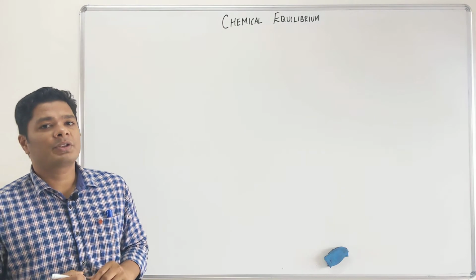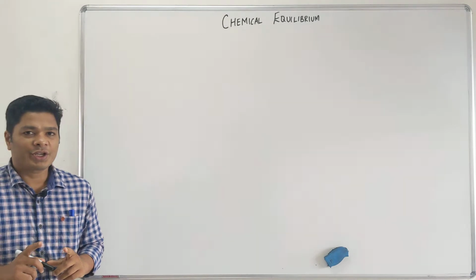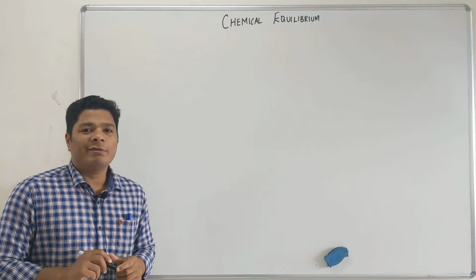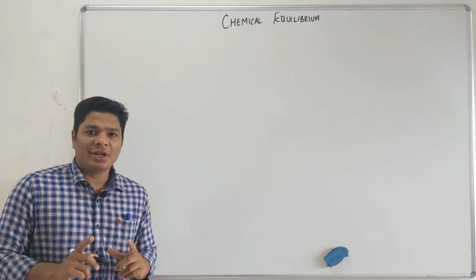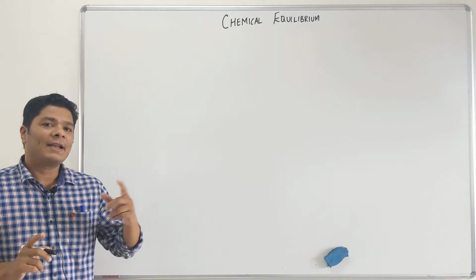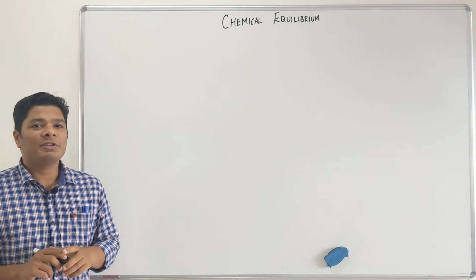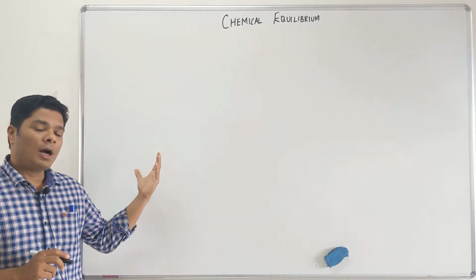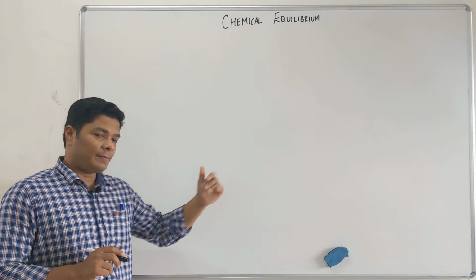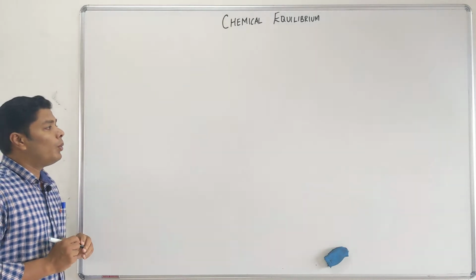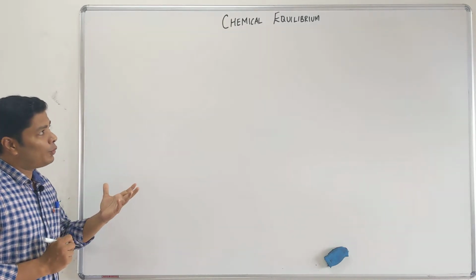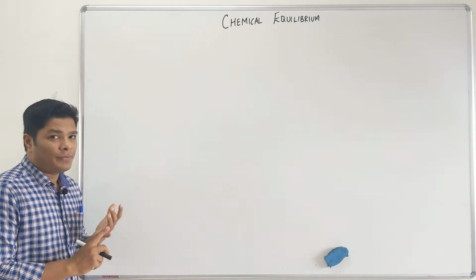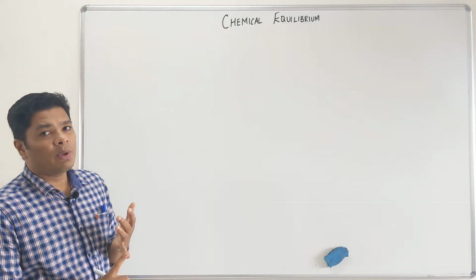In this lecture, we are going to start a really important chapter, chemical equilibrium. It's actually an easy chapter. The second half of equilibrium is ionic equilibrium, which is a little bit more tough. But the more you understand chemical equilibrium, ionic equilibrium becomes much easier. First step you want to look at equilibrium is understand it. If you don't understand the equilibrium, numericals will be very hard.